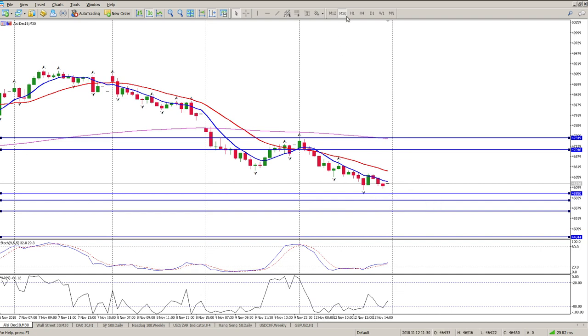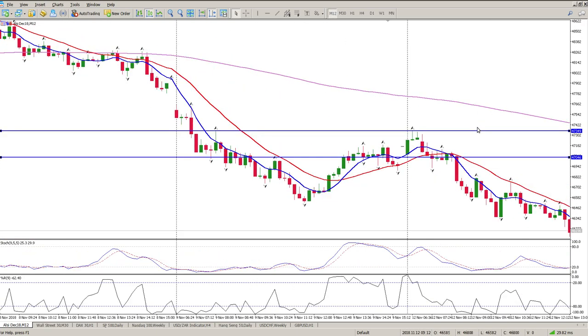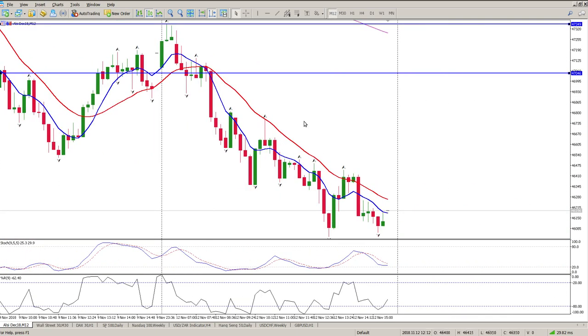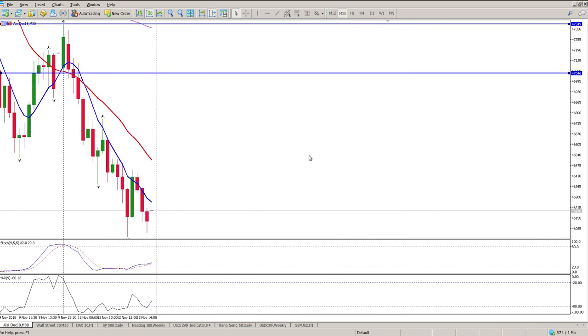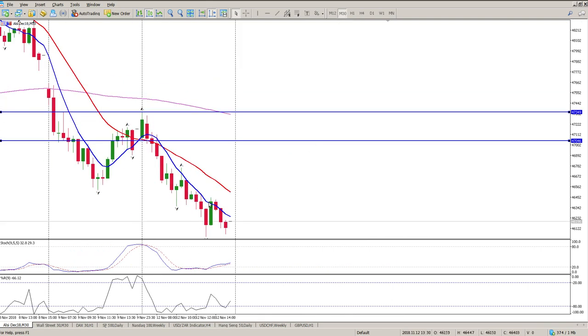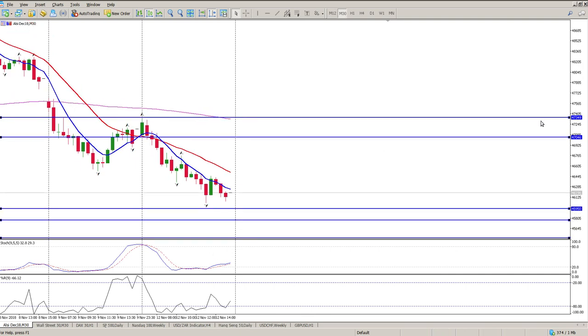The minute you start seeing, even it's difficult to call it on the 12-minute, I'd say looking at the 30-minute, you start getting engulfing patterns and pin bars and things like that off a level, not hanging in the middle of nowhere, so they need to be off a level, then you know that the buyers are stepping in. And just look at this divergence here. And the last thing I want to point out is